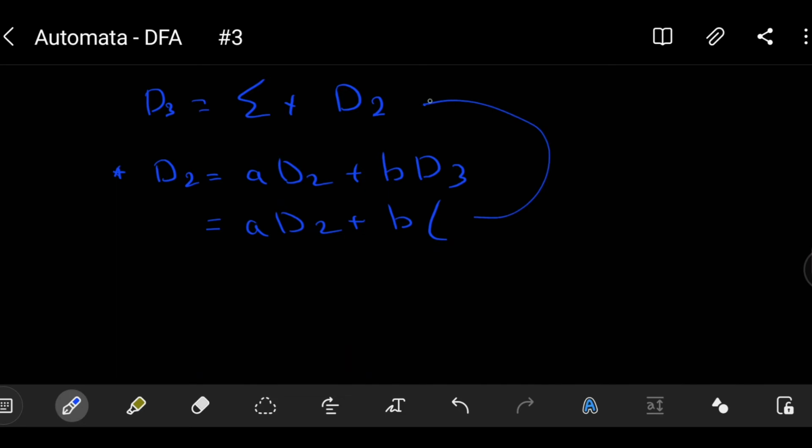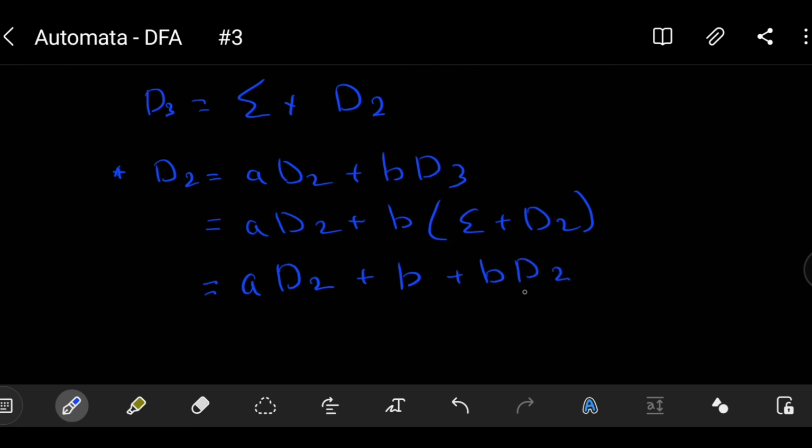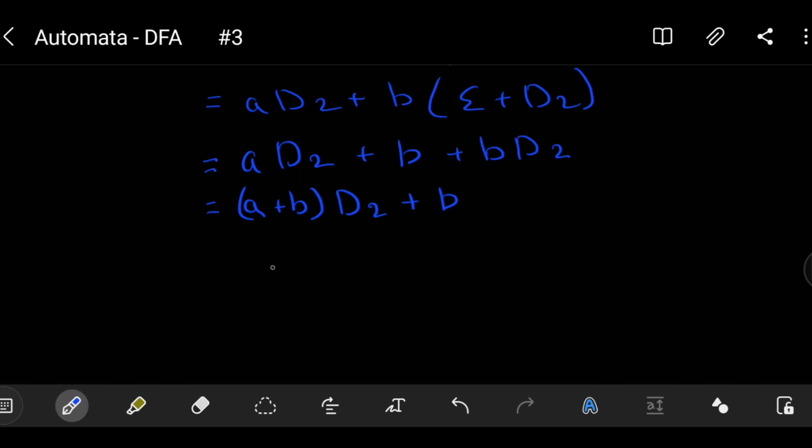We have gotten it here, so I need to put B D2, and we know that B epsilon is equal to B, so A D2 plus B plus B D2. Now let's group this with this. So (A plus B) D2 plus B, and you see guys, we have a very important note,